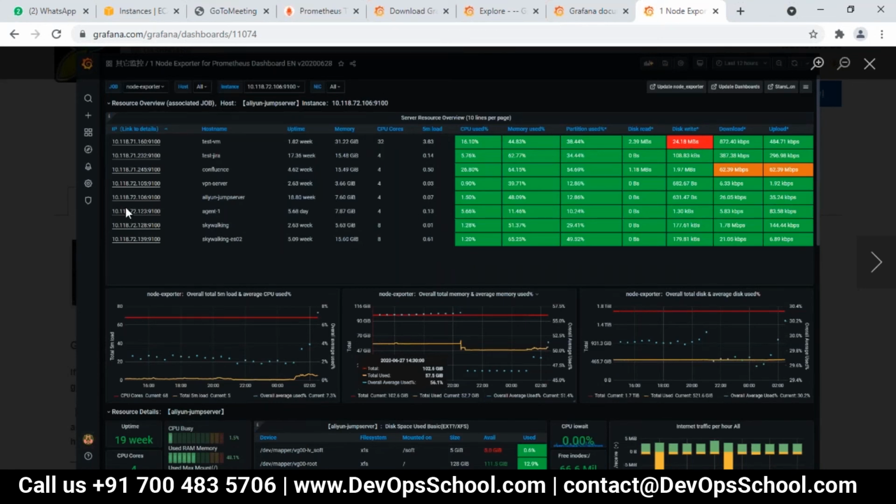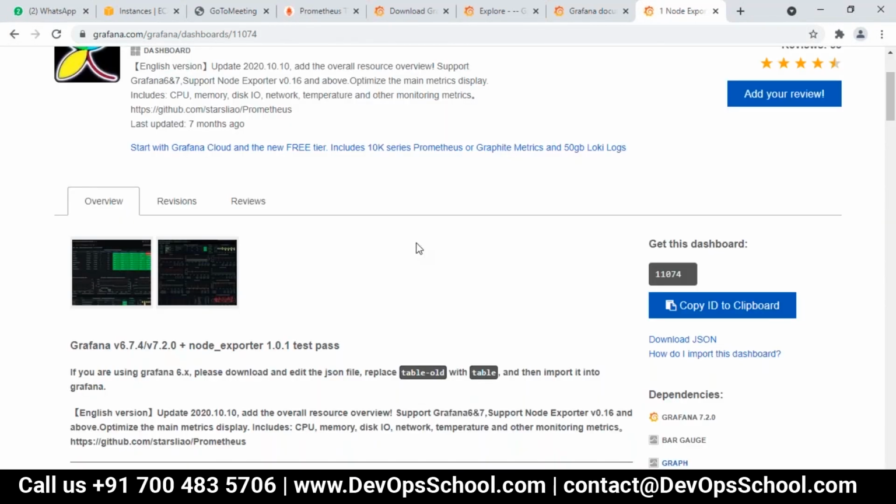It will show you the IP of the server, host name, uptime, CPU, and all the graphs. I will show you how to create it this way, but this is what I'm taking to you because in production we don't have much time, so to set things up very fast, you can use it.